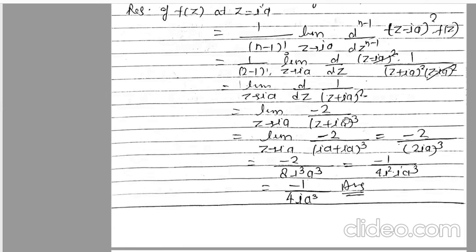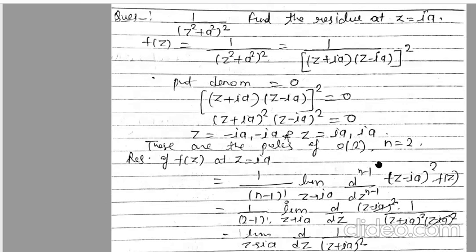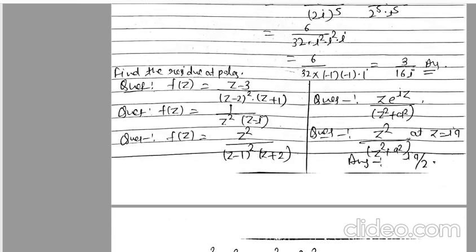So just differentiate one time. So 1 upon x to the power n gives minus n x to the power n plus 1 in the denominator. So just minus 2 upon (z plus iota a) whole cube. Now just apply the limit here, put the value, and you will get your answer minus 1 upon 4 I a cube. This is one question, and there is another question similar to this question.